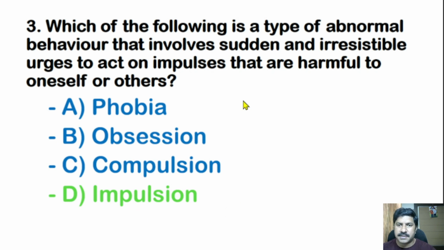Why is it impulsion? Because it is a sudden and irresistible urge that leads to impulsion. Compulsion is an activity used to reduce his anxiety. Impulsion always carries a danger to the person or the nearby people. Compulsion may be a planned one, and the person will be in a safer situation after the compulsion. Impulsion may cause danger to the person or nearby persons.